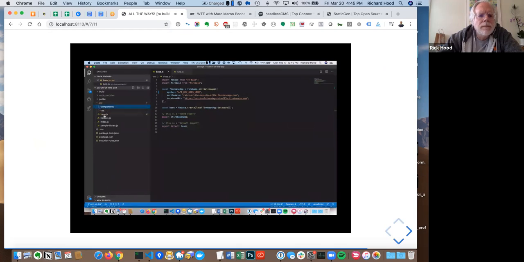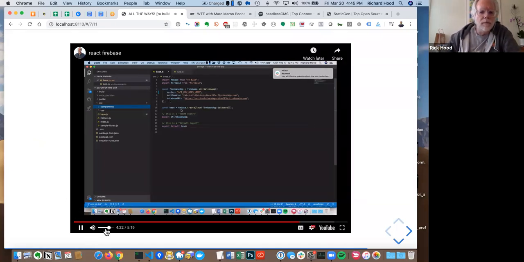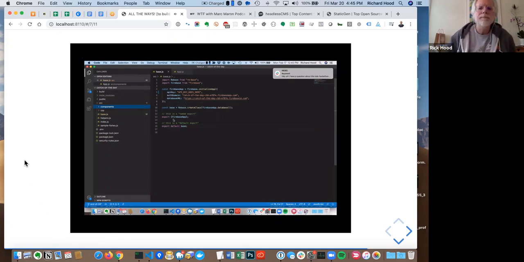But it's got the usual React src folder with components folder. One file you need to do is create this base.js file, where you import Rebase from Rebase, import Firebase from Firebase, and then it just needs an API key, it needs the authorization domain, and it needs the database URL. So it just needs those three things, and then you create your base component, and then you export Firebase app and export default base,